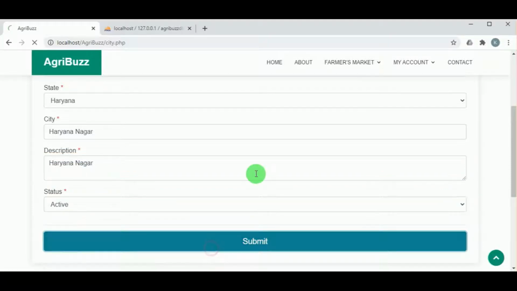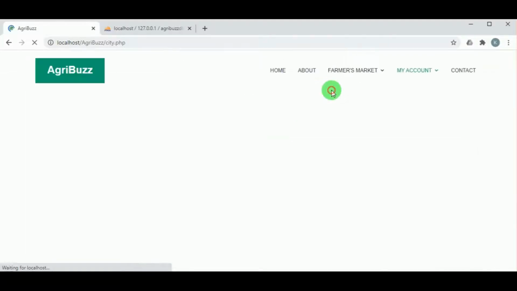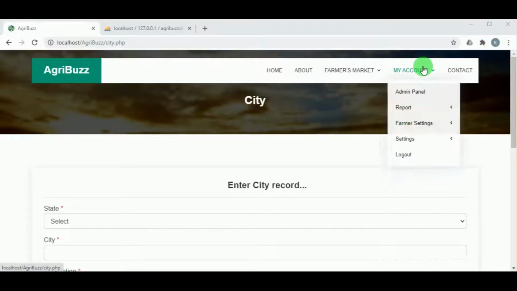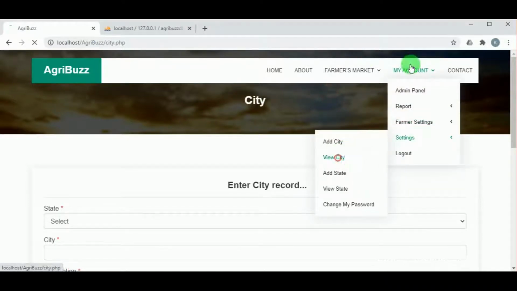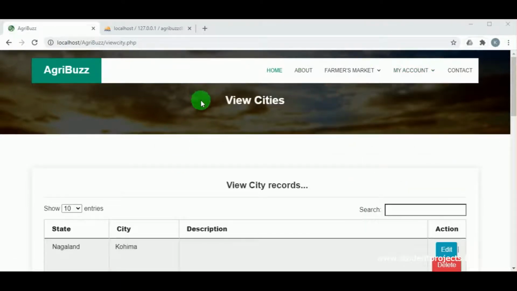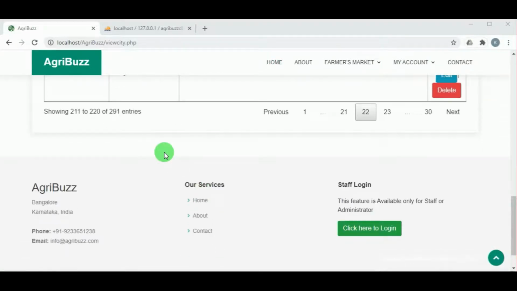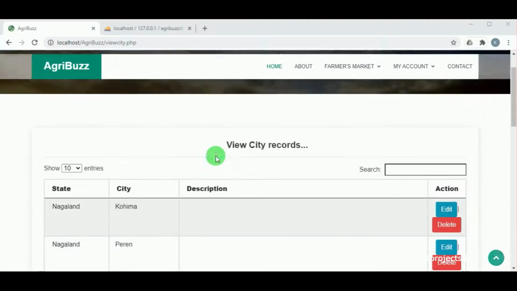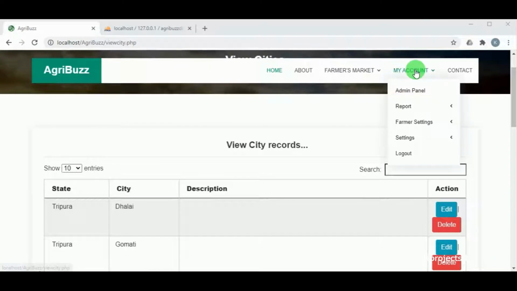So once the city is added, even this can be viewed under view city. So here the admin has the action edit and delete here, where the admin can make changes to city details as well as he can delete it.